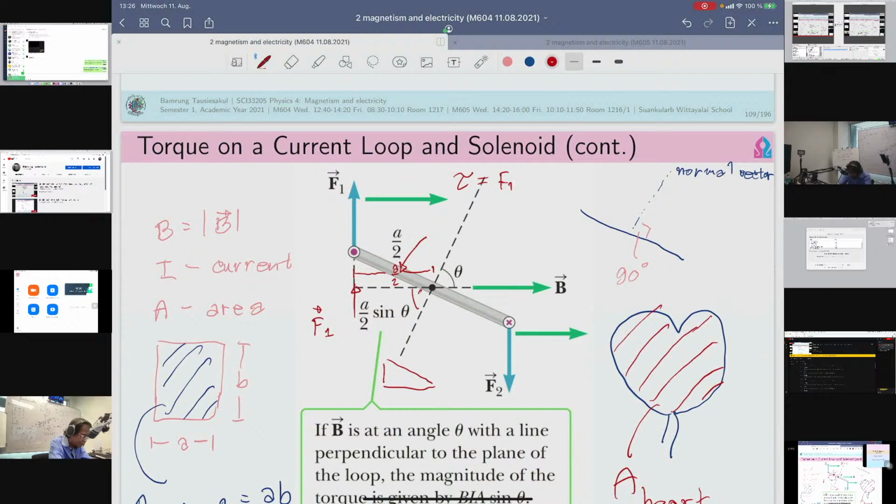So this angle here should be 90 minus theta, 90 degrees minus theta. It means that this is the right angle, it means that this is